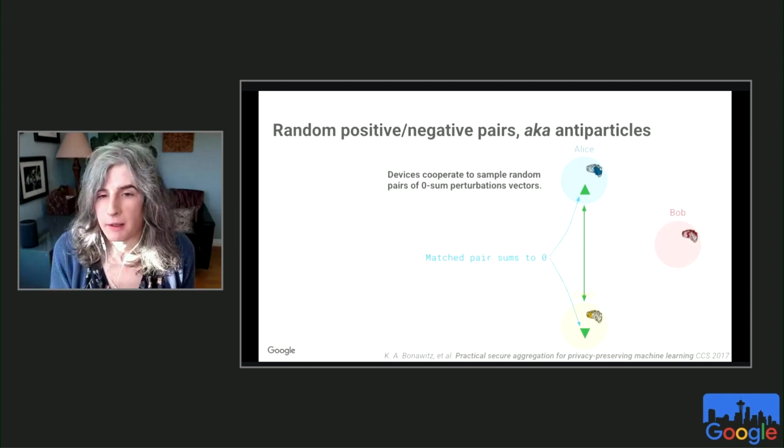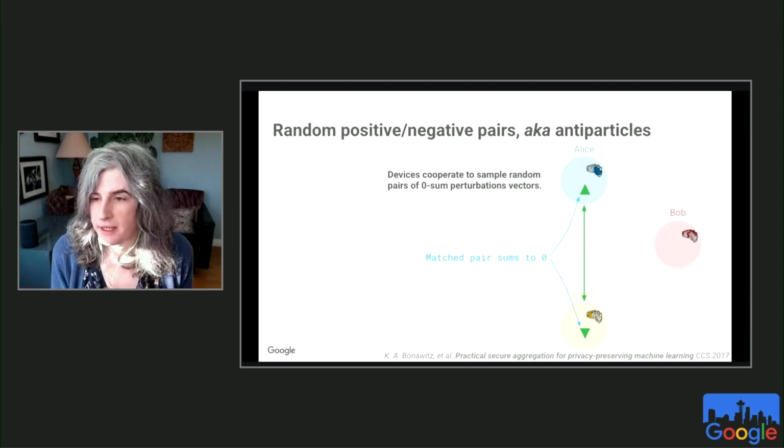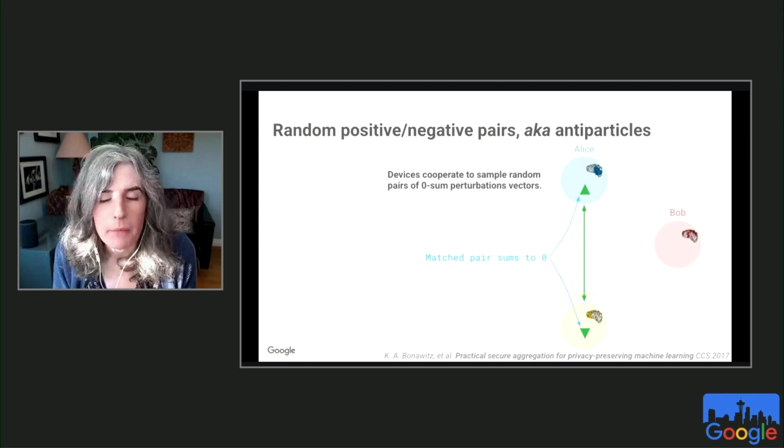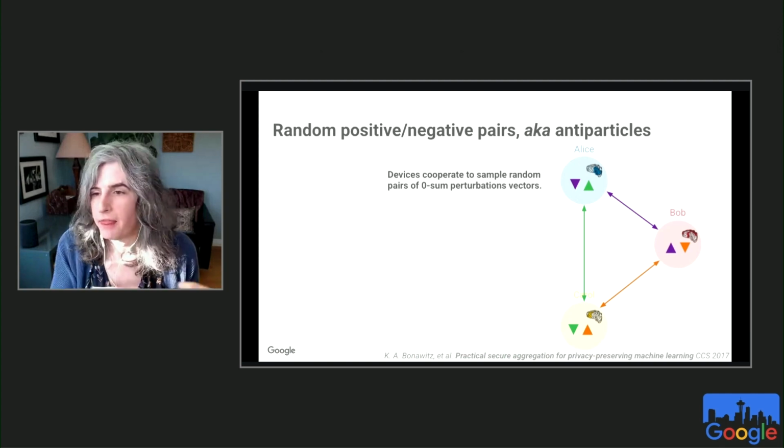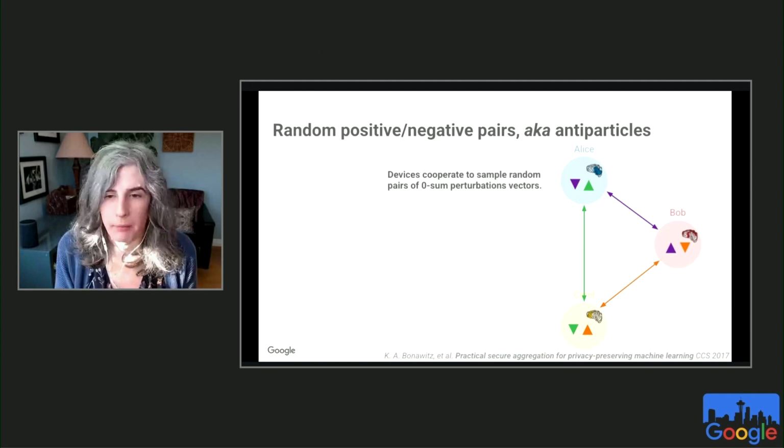Then one user takes the positive version of that vector, one person takes the negative version of that vector, such that those matched pairs sum to zero, kind of like antiparticles colliding and annihilating one another. So we have each pair of users do that. And then when the user goes to contribute their own value, they add their half of each pair that they cooperatively sampled onto their personal update,